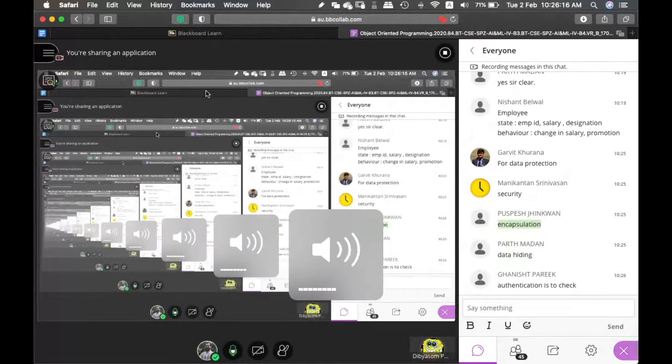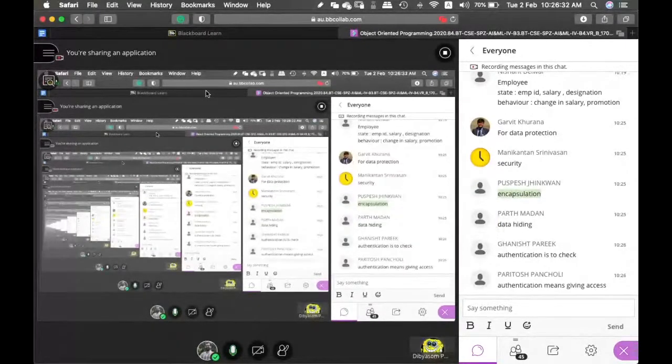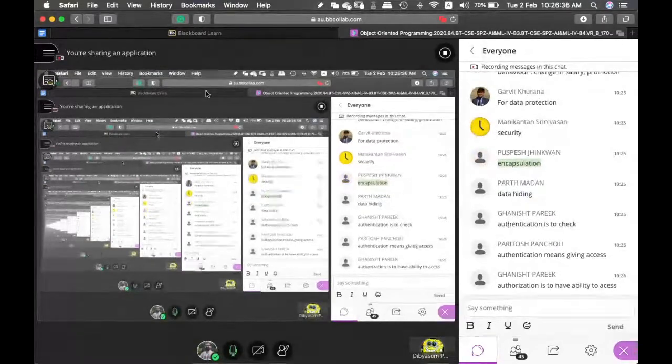Yes, Divya. Authentication is like checking the password and granting a login, something like that, sir. Checking the credentials, and authorization is making sure that the checked person is the same person who is using it. Authentication is correct. Authorization is not absolutely correct. Anyone else? Thank you, Divya. Or if you want to correct yourself, you can think and tell me. Authorization is the ability to access.